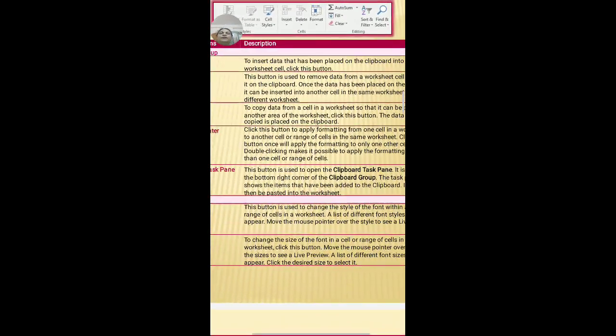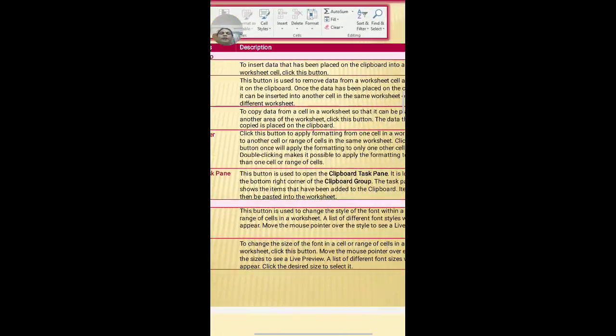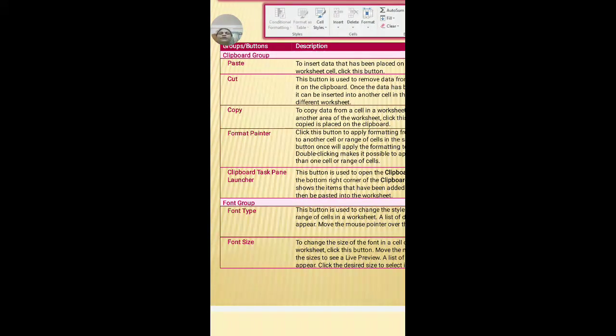For copying the text from one place in the worksheet to place it in another place. What is the difference between cut and copy? Cutting is just moving the data from one place to another. Copy is creating a Xerox copy. When you take a Xerox, go to the shops and take a Xerox copy, that is nothing but a duplicate. You are creating a duplicate of the text.